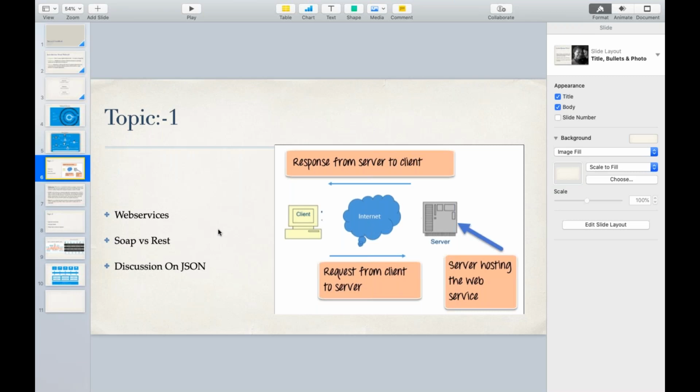What is the means of transportation, how can they communicate, when application A has some data and application B needs some data? Consider application A is completely built on Java.